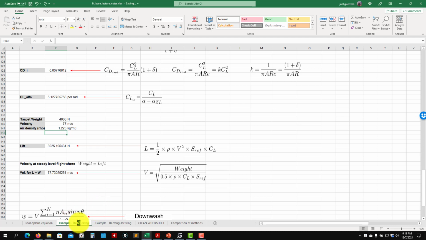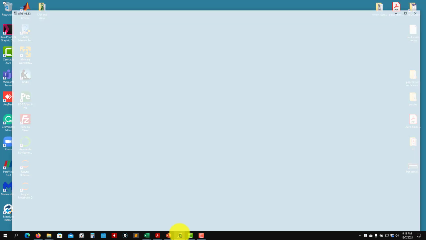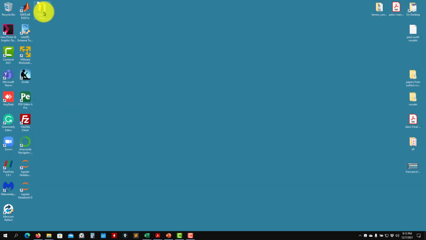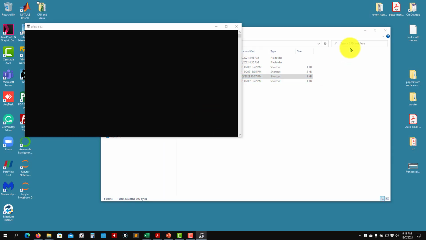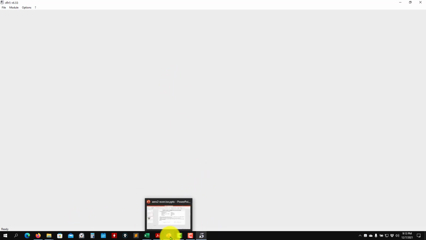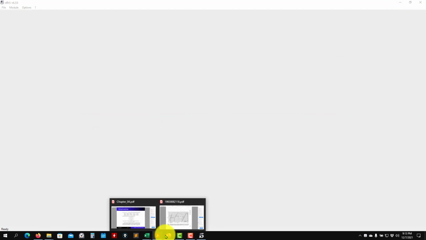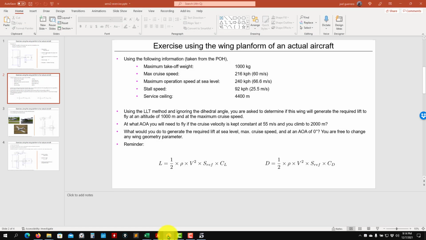Before that one, let's also see how to set up this case in XFLR5. So you launch the program, and you're going to get that window. Let me close here, just to show you that when you launch the program, you're going to get this white window. In XFLR5 you have also Airfoil included and the model for 3D design. So basically what we want to do is design exactly the same example that we just saw, the civil example,